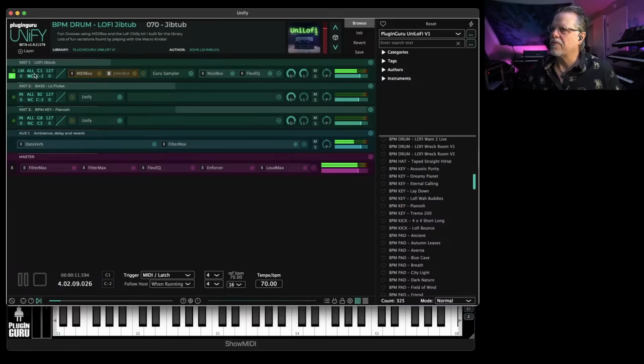Then I just use the right click, set the drums to play here. I can go over to the bass, have it start at C sharp. So C is just the drums. And then I just found a sound for the right hand. And so